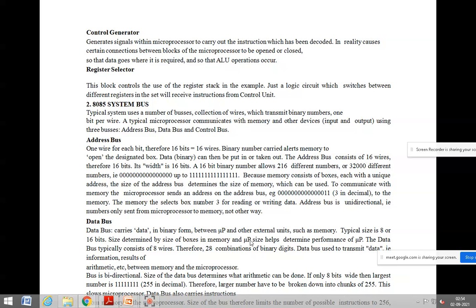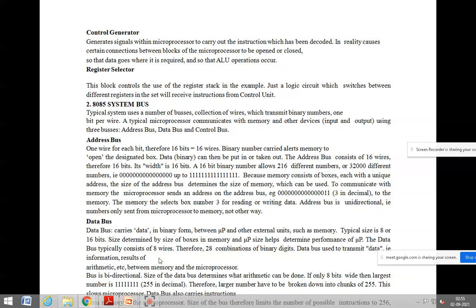For the data bus, what will the range be? I think 16 bits gives 2 power 16, which is 64 kilobytes. You simply keep it as 2 power 16. That much memory location is possible in the 8085 microprocessor memory. The data bus is 8 bits because this is an 8-bit microprocessor. Your registers can store a maximum of only 8 bits. That's why you will have only 8 data lines.